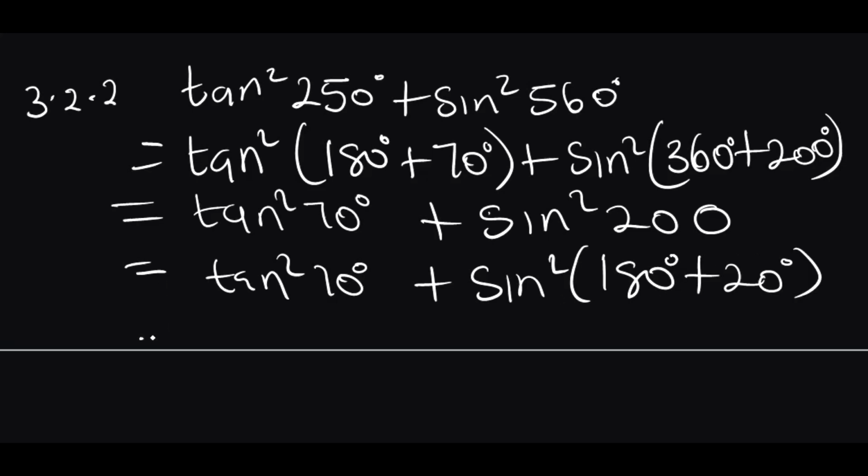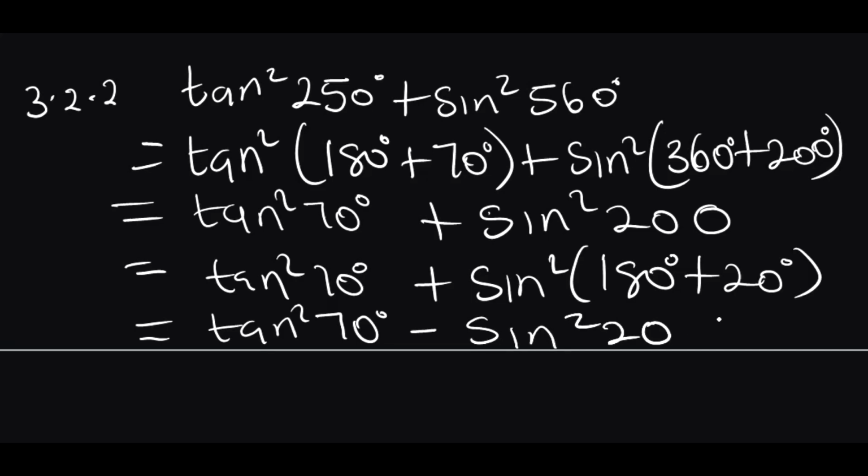Now, that is equal to tan squared 70 degrees. This is the third quadrant where sine is negative, so minus sine squared 20 degrees. Right. Therefore,